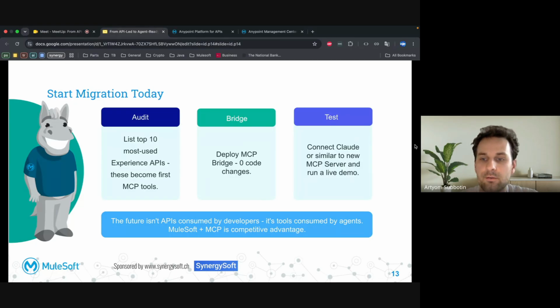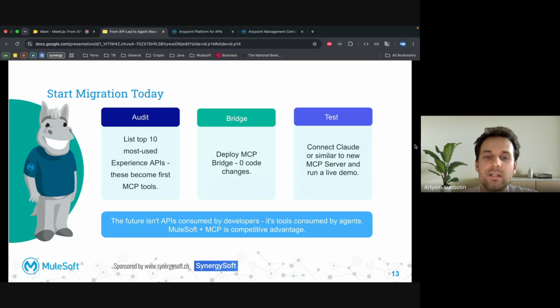The governance, observability, Exchange, cataloging, API Manager policies, all of these follow you to the agentic world. And you don't even need a newest platform. Just use the same Anypoint Platform.